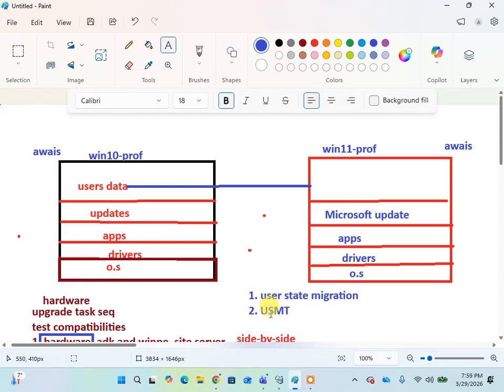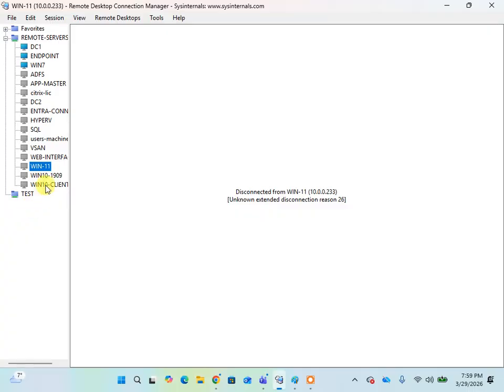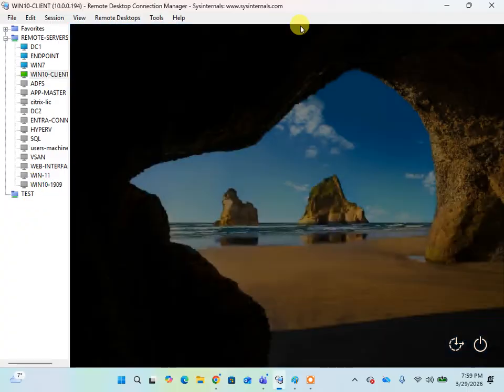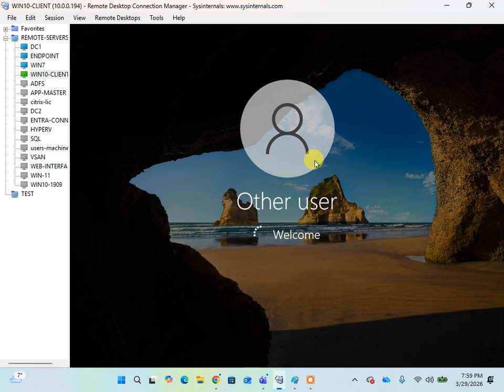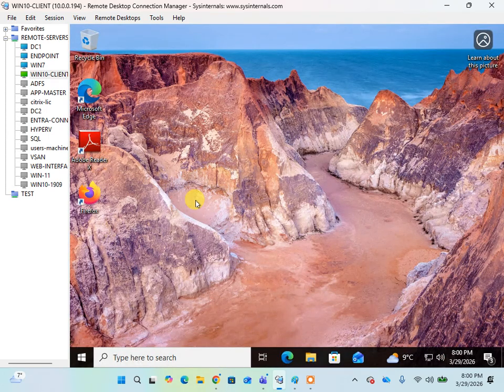First things first, I have my Windows 10 ready. That's my Windows 10 client. Remember, we created some folders and files in the documents. When he migrates and applies, there are two steps: first he captures it, then he deploys it on the next machine. But you should tell him which machine to deploy this user data to, right? Everything will be set up in the